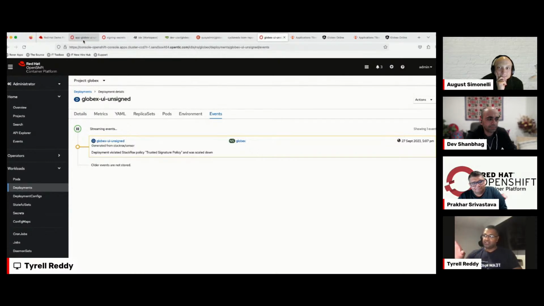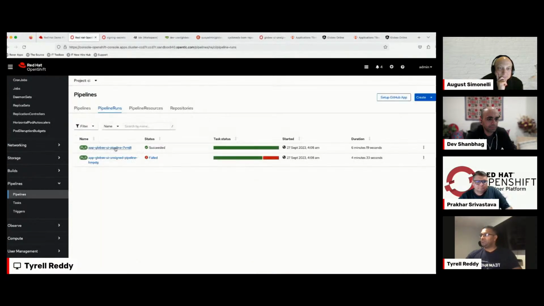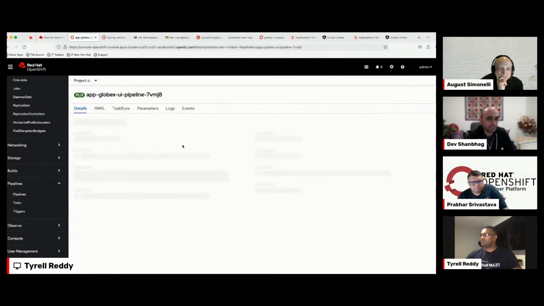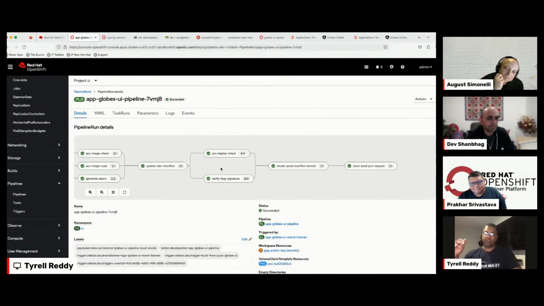So we sorted out dev. I just showed you what ACS can do in terms of signature verification. Let me go back to our original pipeline. So we're here now. Once we deploy to dev, what I added is a very cool feature from ACS. ACS can also scan your actual OpenShift deployment file and pick up any issues that may arise.